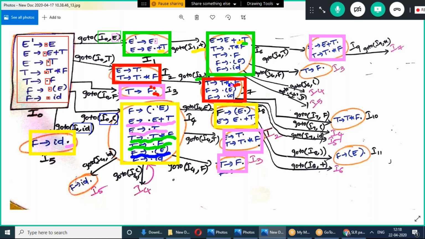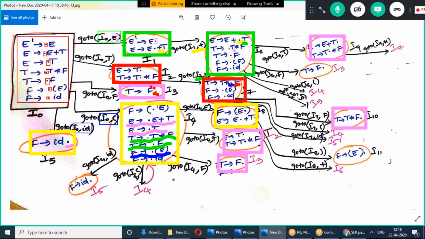T tends to T star F dot, because this dot moves this side. So we name it as I10. Next, whenever we perform I7 comma open parenthesis, it definitely gives the I4. If we perform I7 comma ID, it definitely gives I5.